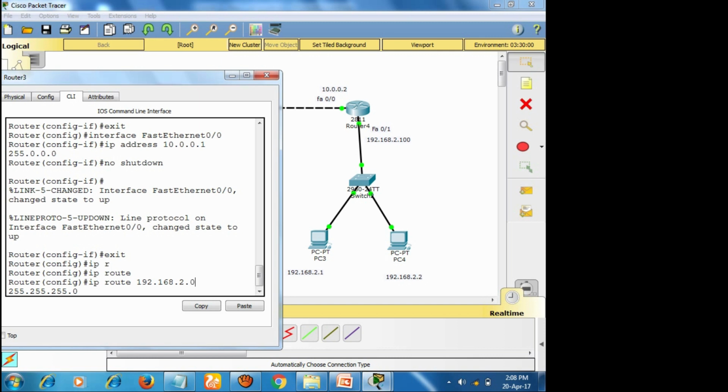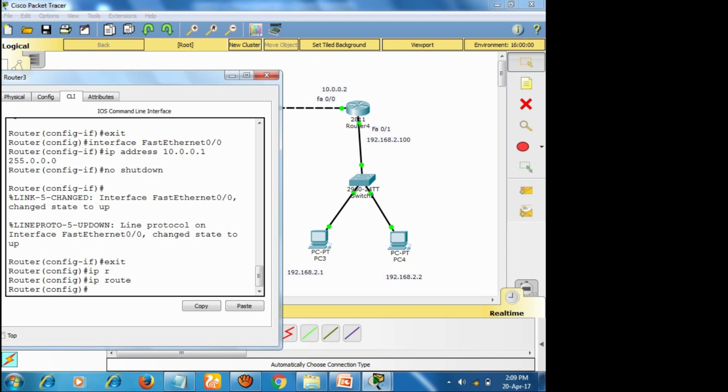It's a network address, right? If you give 2.0, it can communicate with the series of 1 to 254, so whoever has the address 192.168.2.1 to 2.254, you can connect to them, right? So, what is the next hop address? Sorry.